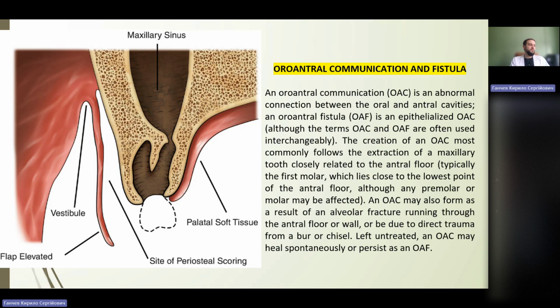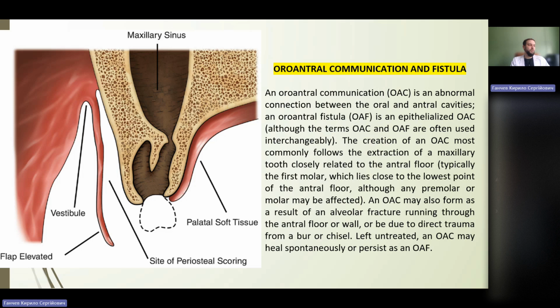Oroantral communication and fistula. An oroantral communication is an abnormal connection between the oral and antral cavities. An oroantral fistula is an epithelialized oroantral communication, although the first and second terms are often used interchangeably. The creation of oroantral communication most commonly follows the extraction of a maxillary tooth closely related to the antral floor,